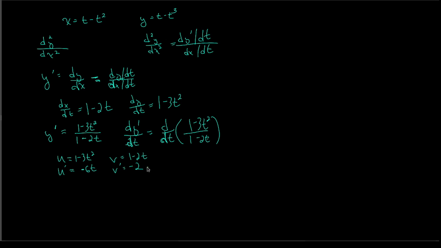And if we take our quotient rule, then this is going to be v times u prime minus u times v prime, over v squared,